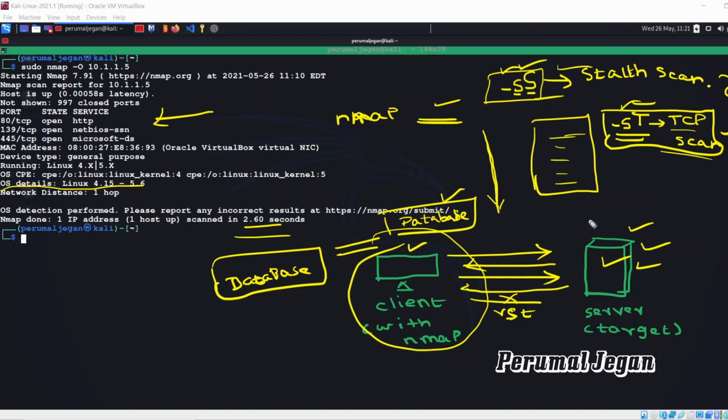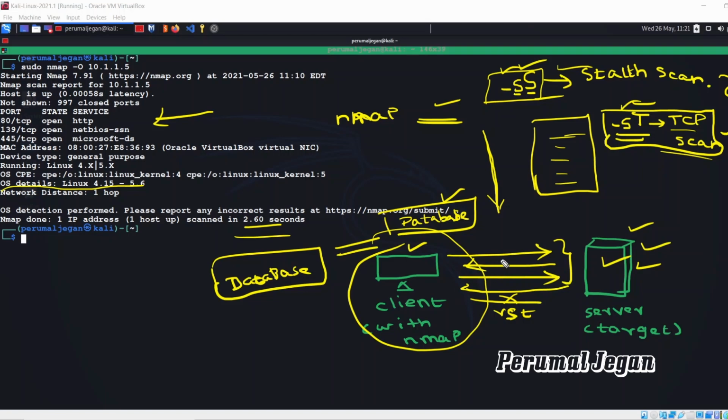But when you want to grab the banner, I mean when you want to know the operating system and the version detail of your target, there is no other way. You have to complete the three-way handshake. It is not stealthy, but it is very useful to know the version of your target.